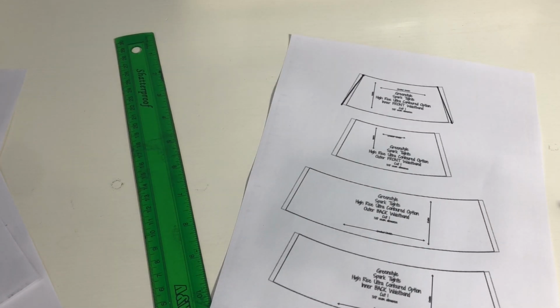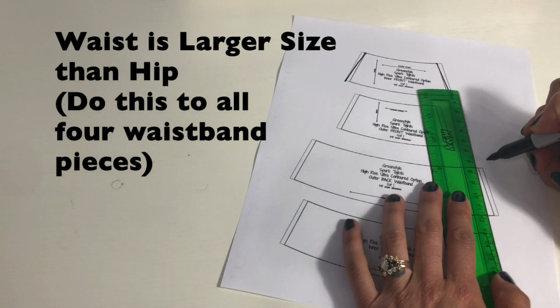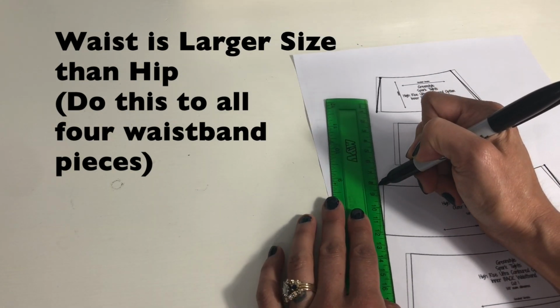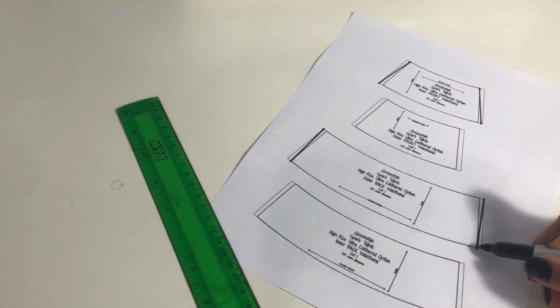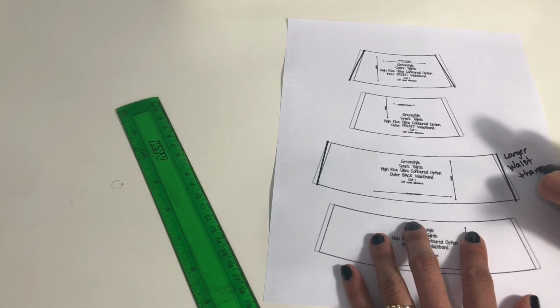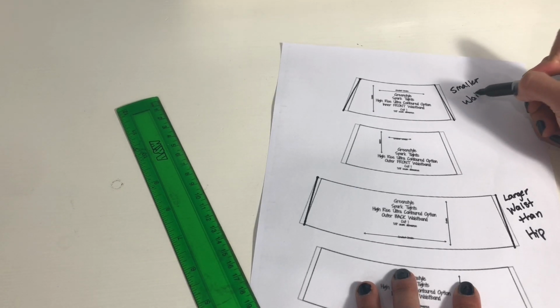Okay. If your waist is larger than your hip, you'll want to do the regular contour waistband and not the ultra contour waistband. The line you would draw would look like this. Okay, with the larger waist going down to a smaller hip. Okay, so larger waist than hip, and this would be smaller waist